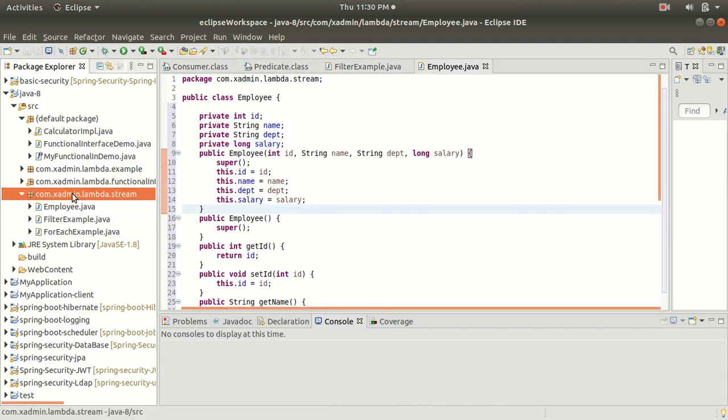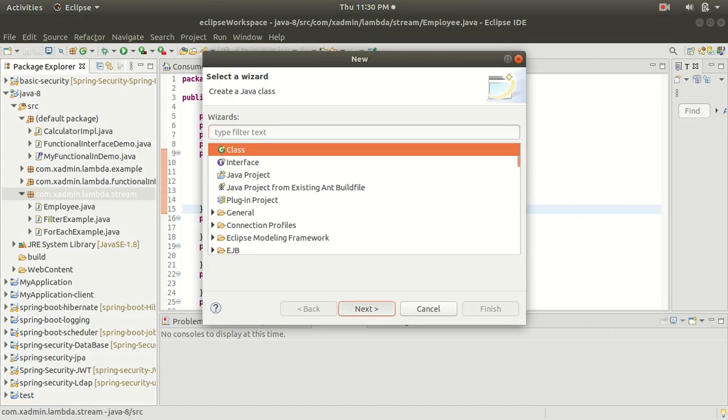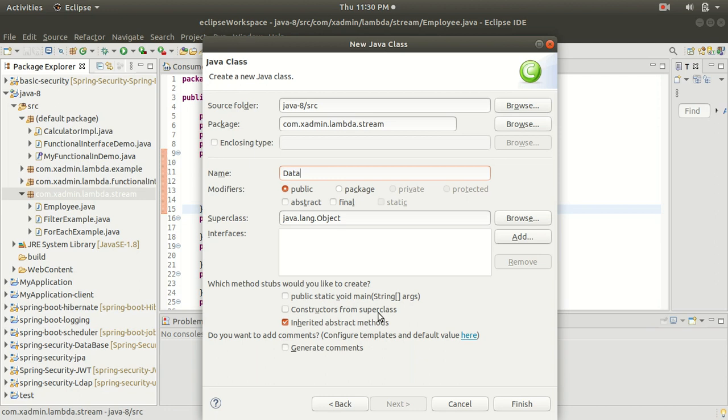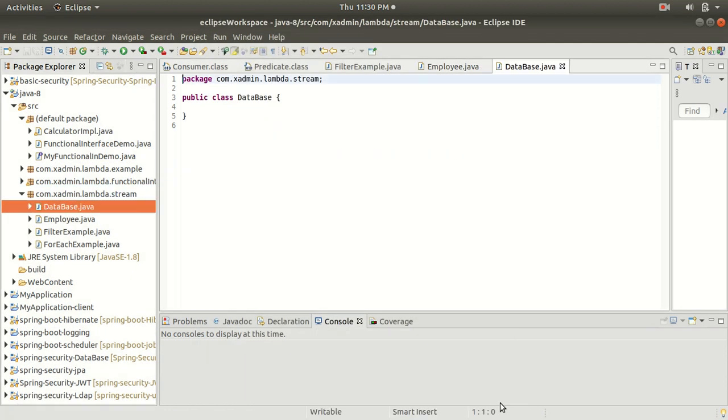Now I am going to create one more class. Let's keep the name of this class as Database, and you have to consider that this class is a DAO class or a database class. It means that inside this class I am going to create a method to fetch the employee information. I will create an array list and then I will add the information, the objects of the employee, to that list. You have to consider that this method is giving us the list of employees from the database. So let me write the method quickly.